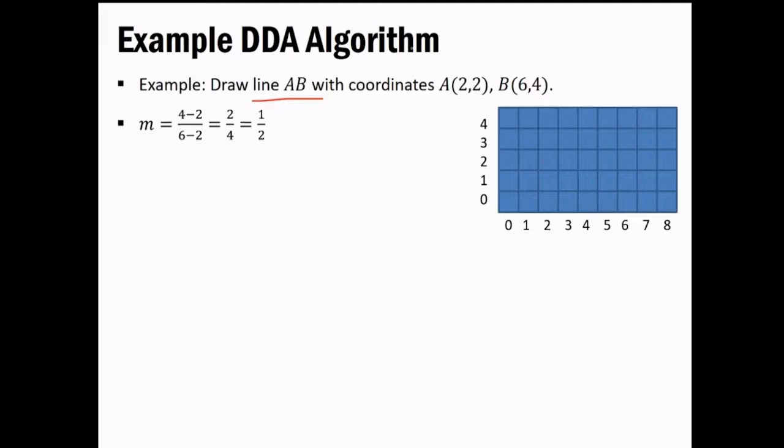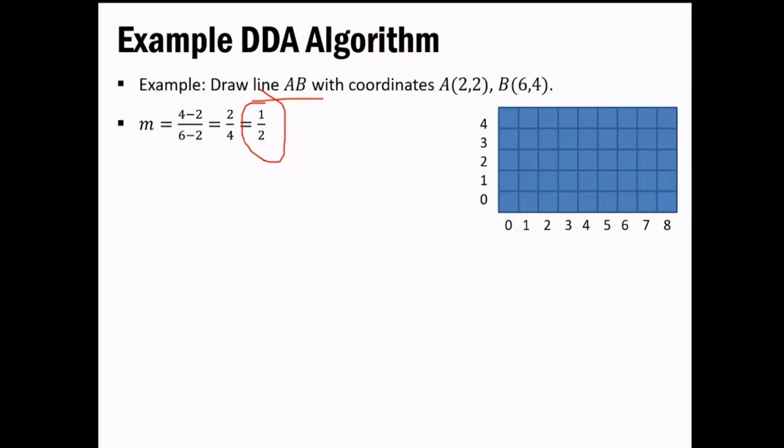Okay, so what have we done now? 6 minus 2 and 4 minus 2. Okay, so x1, x2, see, this is the information that we have beforehand, that is x1 and y1, x2 and y2. Consider this as of now, x1 y1, x2 y2. So what do we have to do? We have to do x2 minus x1 and y2 minus y1. Okay, so that would be giving us delta y upon delta x. So based on this we are calculating our slope. You might have studied slope in school itself. So basically what we have calculated is the slope, and the slope value is 1/2, or you can say 0.5.